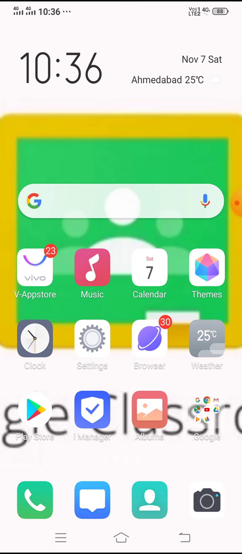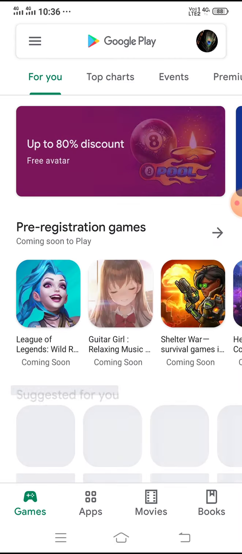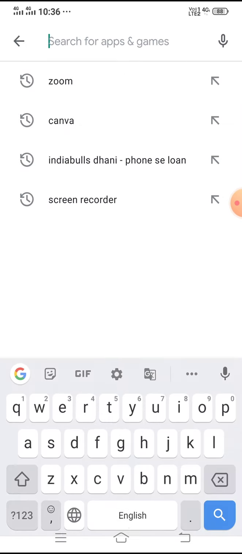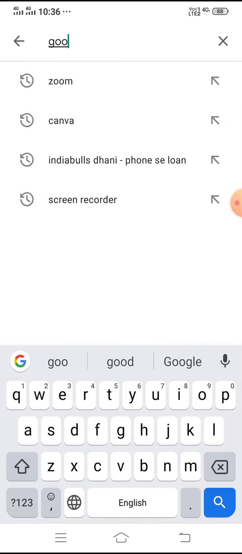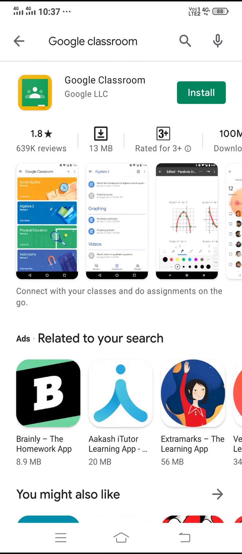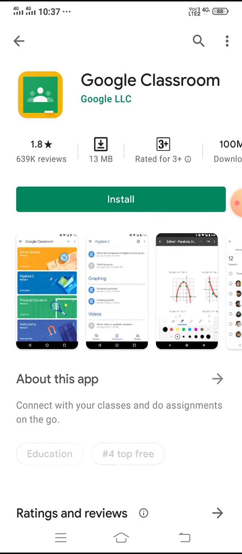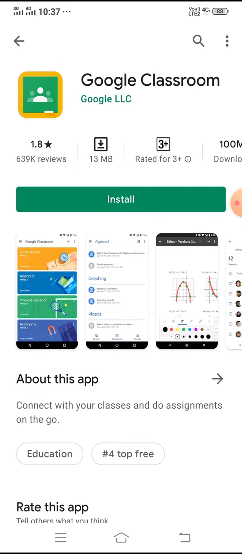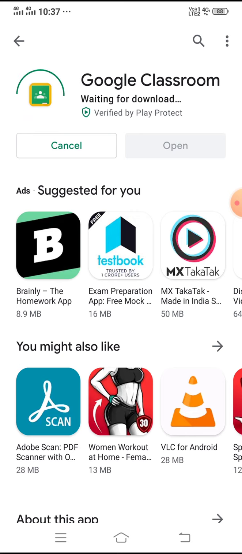You have to open Play Store, then search Google Classroom. You will see the Google Classroom application. Install it.